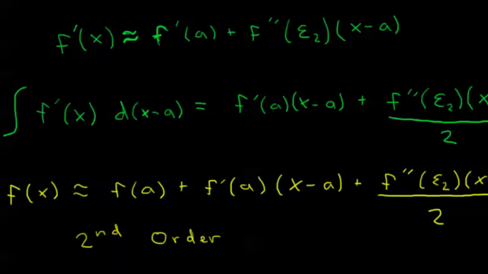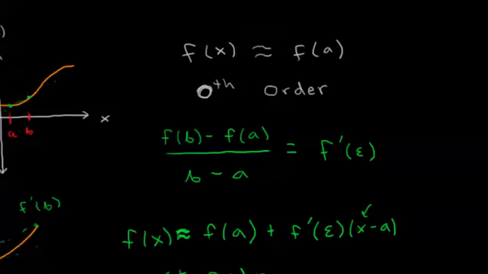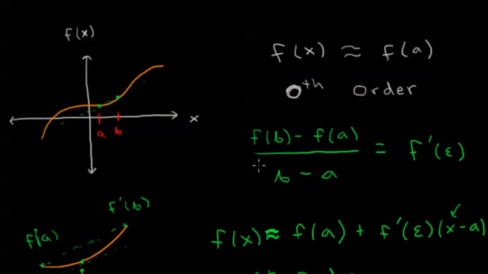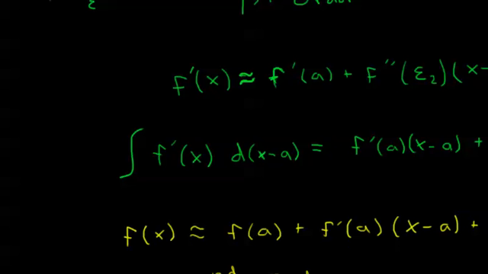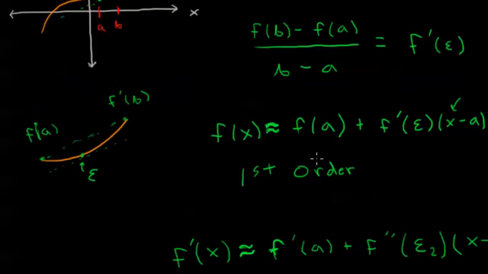So now say that my experiment is really finicky and I'm still not satisfied with my second order approximation. I'll quickly do a third order approximation, and then we'll start to see a pattern. If I still use this mean value theorem, and I write down what we got from it here, our first order approximation, instead of adding 1 prime to each term as I did to make the second order approximation, I'll add 2 primes to each term. So we'll end up with, let's see,